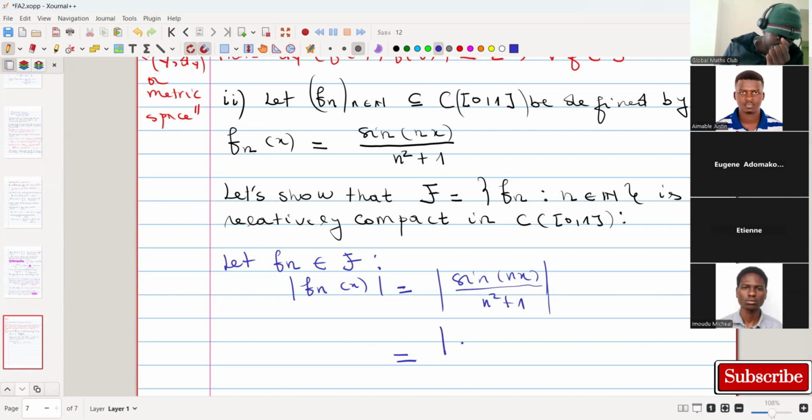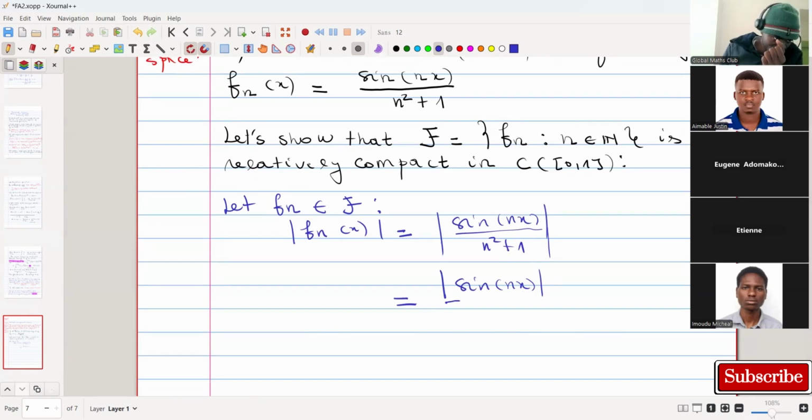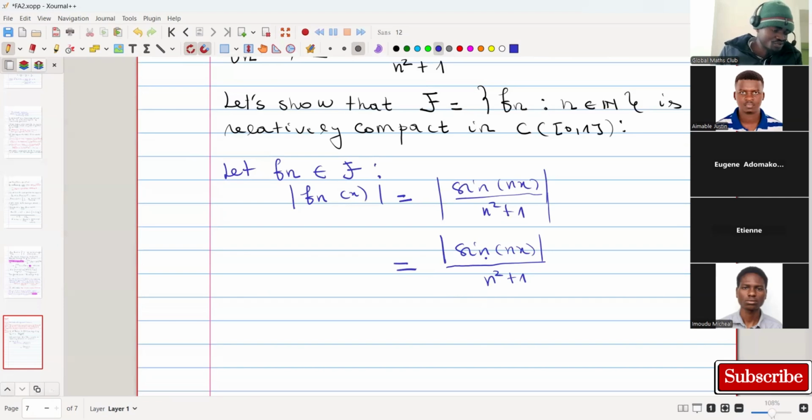And this is just the absolute value of this. So when you are here, you can do as you want. I said that you can do as you want, depending on the way that you want to do. Now I can just say this one is less than n|x| over n squared plus 1. But